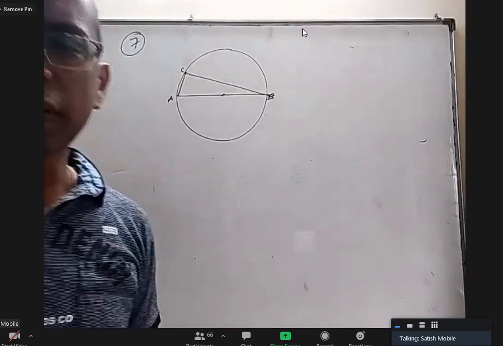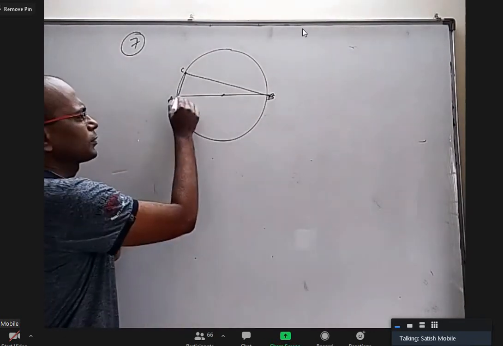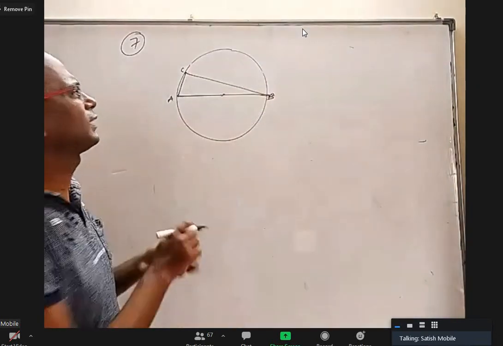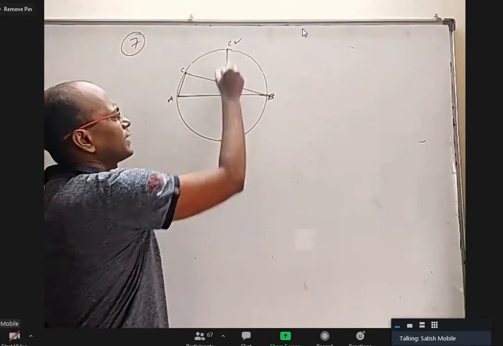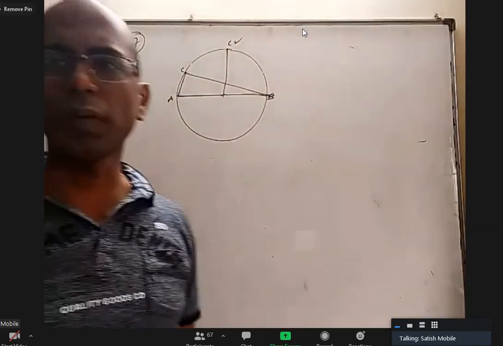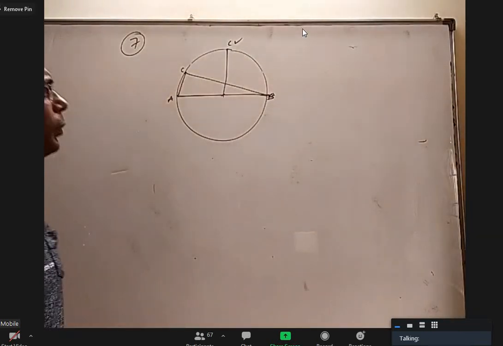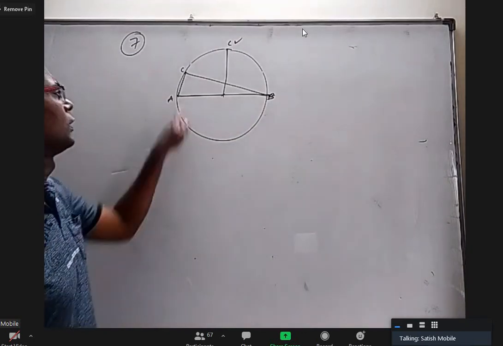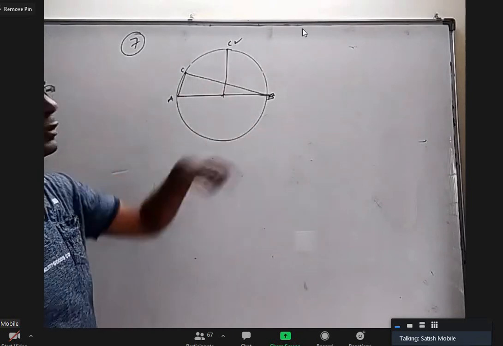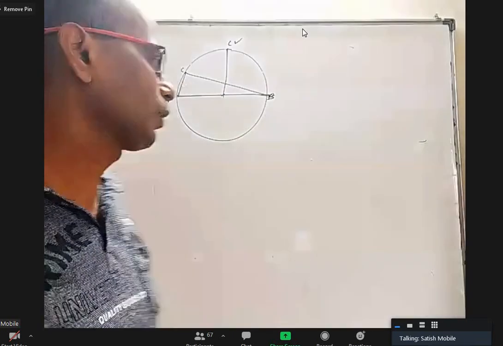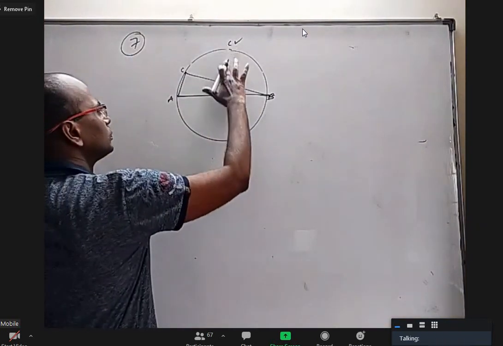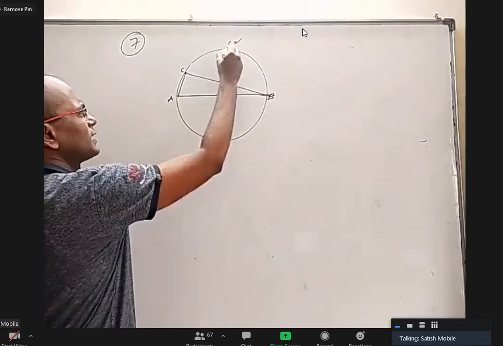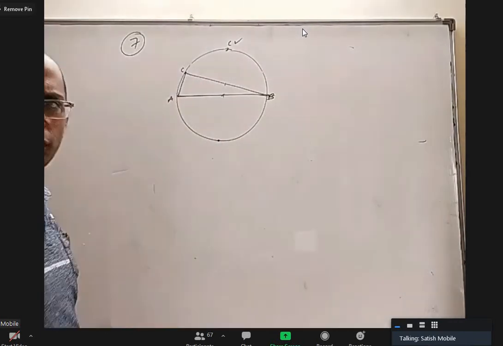About the area, telling is very easy. Why? Because the base is fixed. If you want the area to be maximum, the height should be maximum. And wherever C is, when C is here, the height is highest because the radius is the highest possible height here. For the perimeter maximum, I think we may have to do a little bit of work there. Why? How is this length plus this length more than this length plus this length? Maybe I have to show. Okay, so the highest area is very easy: when C is here or here, the height is highest, so I don't have to write much work.